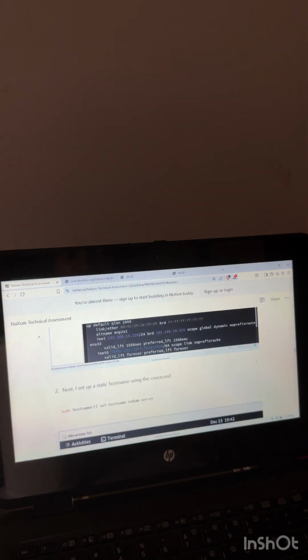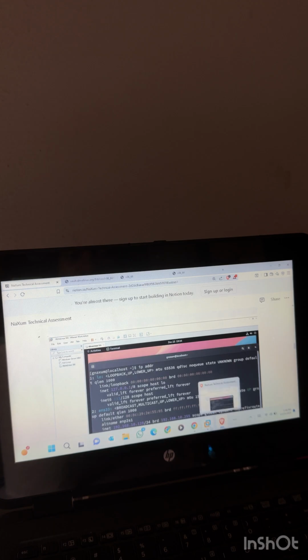Because I already have done this, I'm just going to show my static IP address after configuration. You can see my network interface is running on ENS33, and my static IP address is 192.168.10.128 with a slash notation of /24. Once that was done,